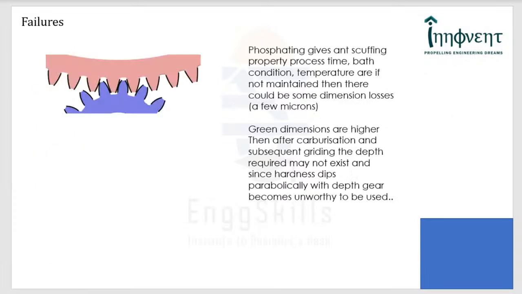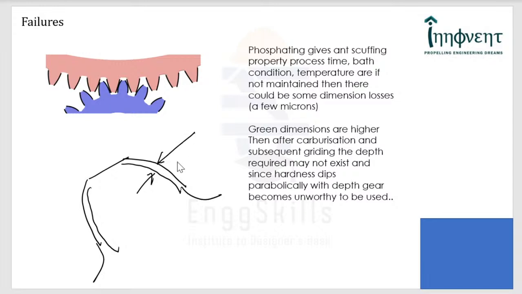Now this case pertains to the manufacture of gears. Most of these components, let us say gears or bearing tracks, have to be heat treated. That means you will have to provide a certain depth of carburization. Of course, you can choose whether it is carburization or nitriding, depending on the various requirements. You can choose the type of heat treatment.